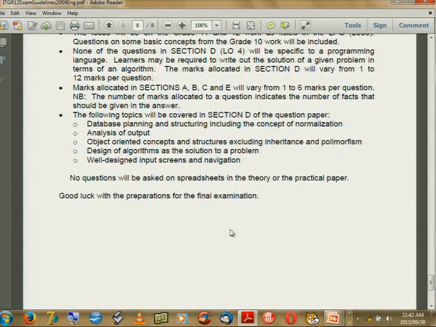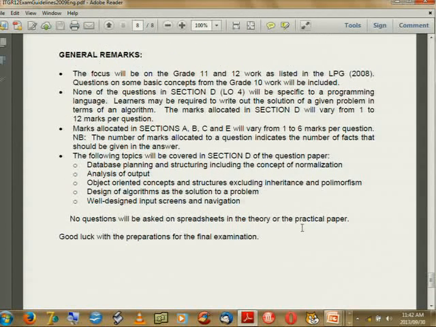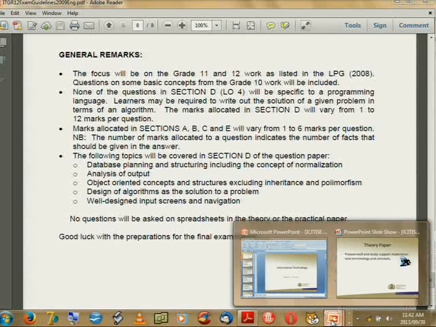So this clearly states that the learner must prepare very well some of the practical concepts, even for the theory paper. And the first bullet, the focus will be on the grade 11 and 12 work as listed in the LPG from the NCS. It's important to note that learners have to study grade 11 and 12 theory work as well.